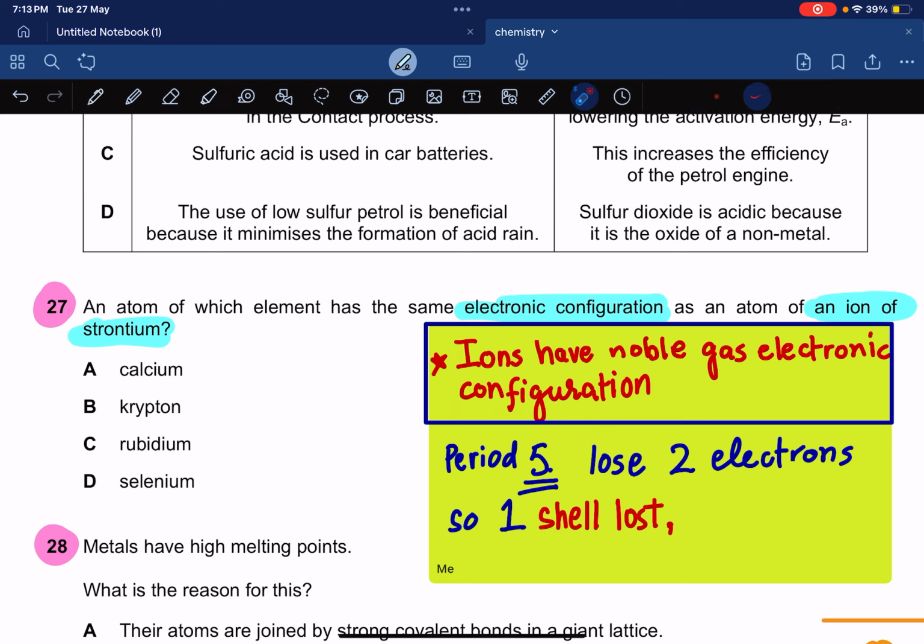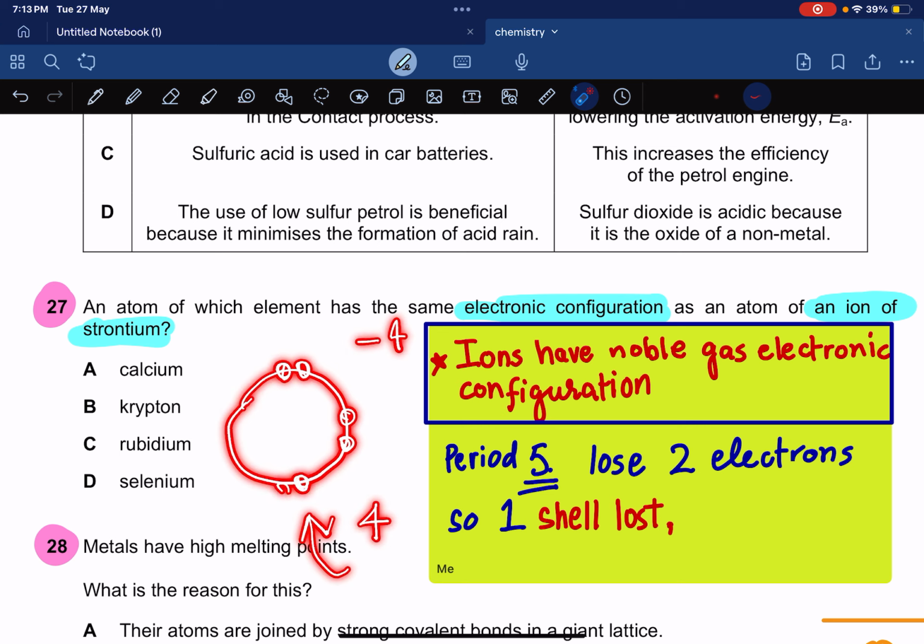What happens is, for example, this is my atom, which has 4 electrons, and it basically gains 4 more electrons. It has a charge of -4. Why would this atom gain 4 electrons? To get a noble gas electronic configuration. So once this atom has formed an ion, it gets a noble gas electronic configuration because it has a full outer